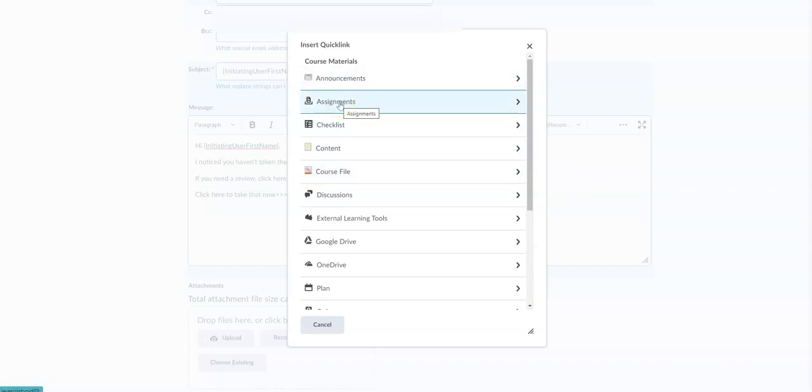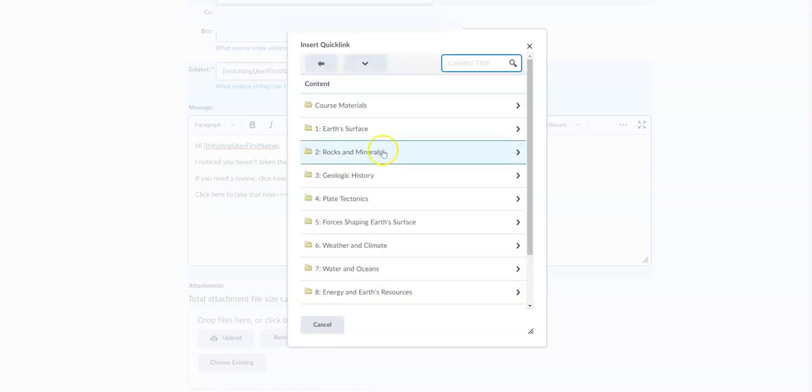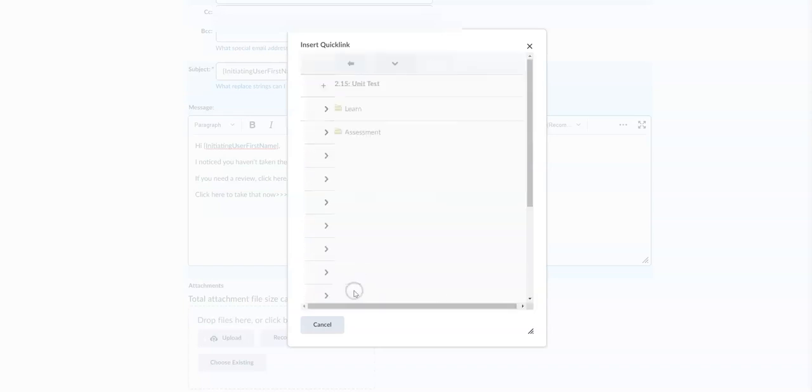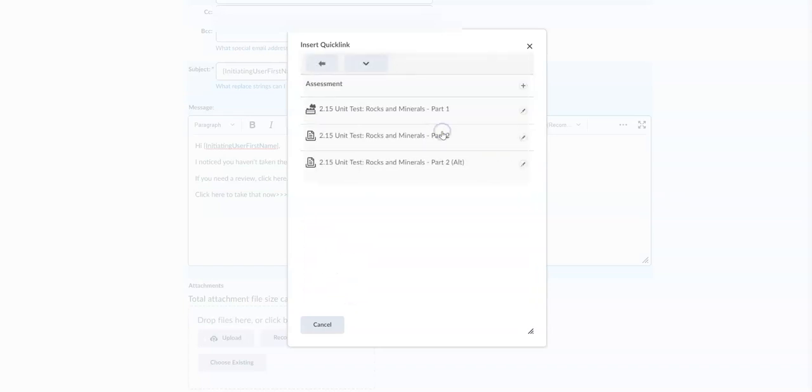So in this case, when I'm putting in the actual quiz link or test, in this case, Unit 2 test link, I am going to go to my content. I'm going to go to Unit 2. I'm going to go all the way down to Unit Test 2.15 and the assessment. It's going to pull up that choice of the special ed modified version or alternate version, Part 2, Part 1,